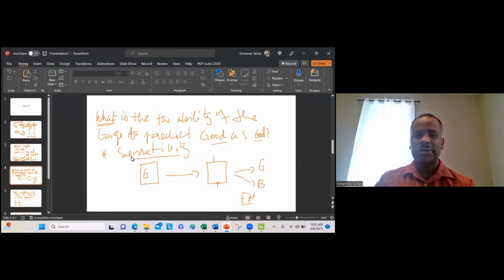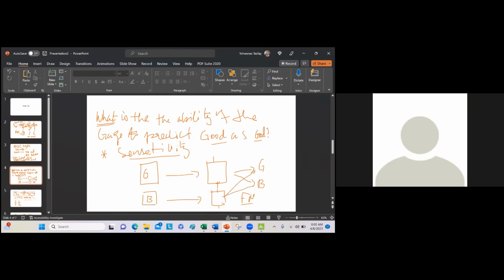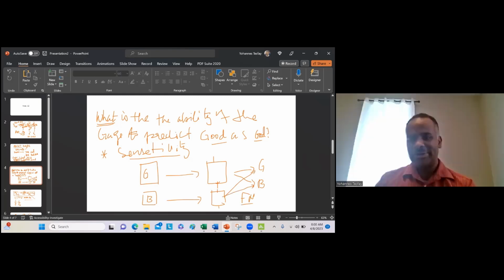Similarly, you give the gauging system a bad part to measure, and when it measures, it could say good. Or it could say bad. That is specificity, and bad as good is a false positive. These are the things.